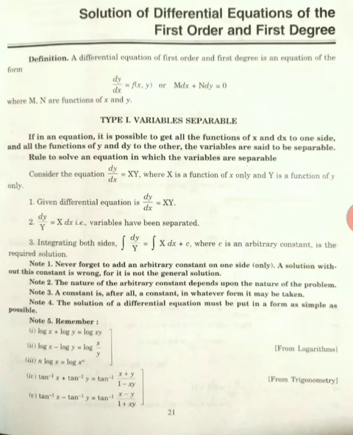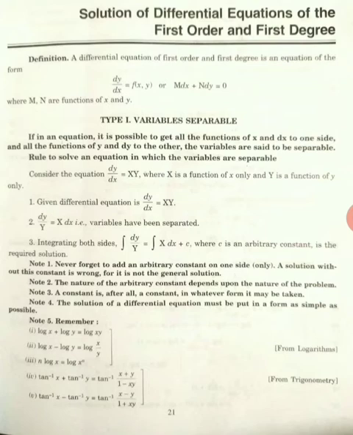Okay, next, what is the third step? Integrating both sides. Put an integration on both sides with a constant term c. We have to take any one constant, capital A, small a, any one constant term. Okay, so this is the required solution. First step, consider the equation. Next step, separate the variables. Third step, integrate both sides. Then we get the solution of the differential equation of the first order and first degree.